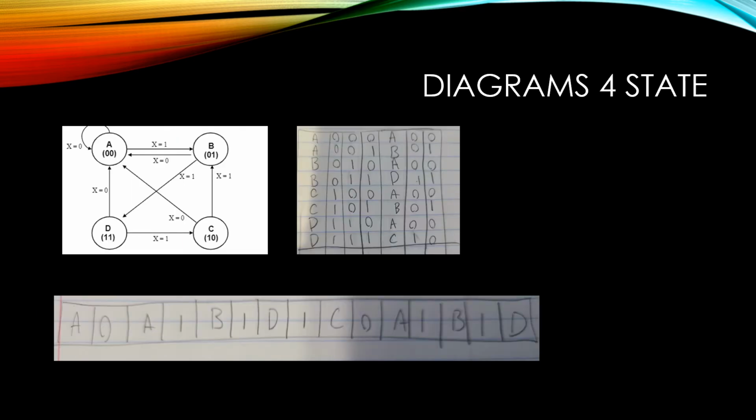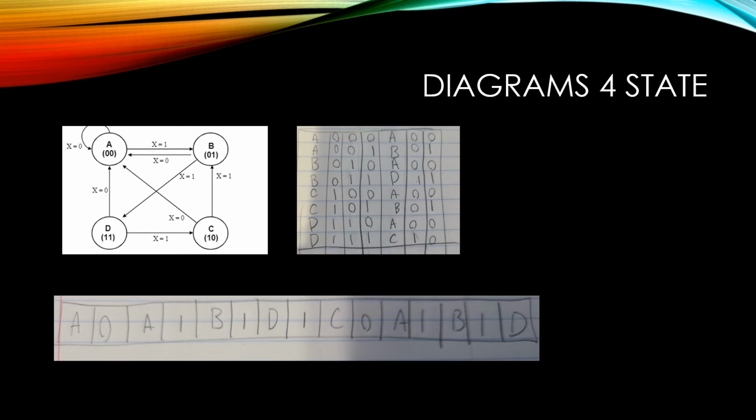And then this is my diagrams for the four-state. The first one was the given, like the last part. I did complete the truth table as shown. I found that